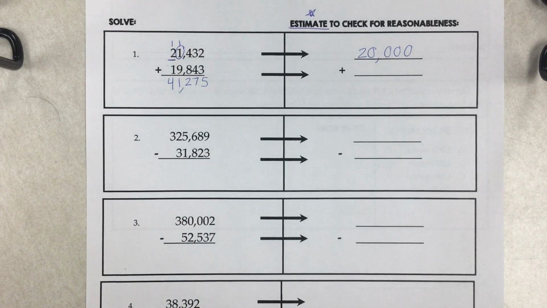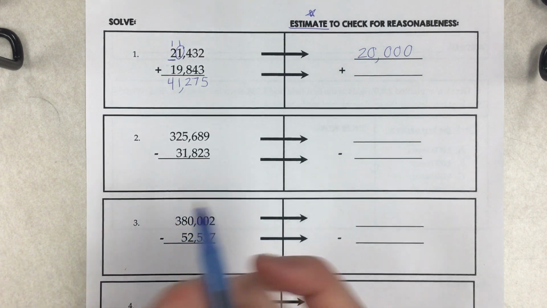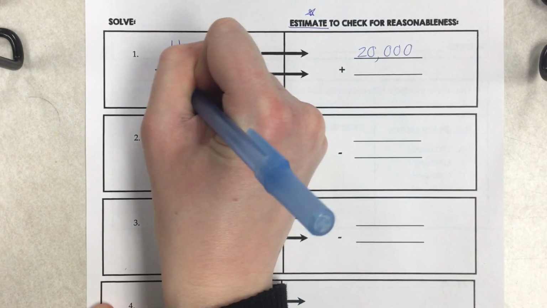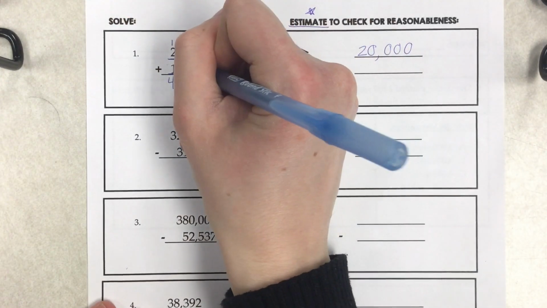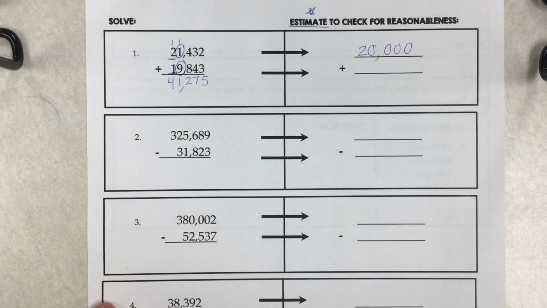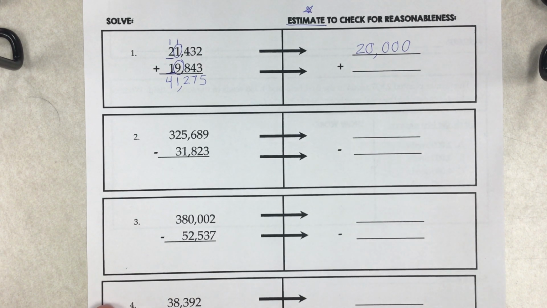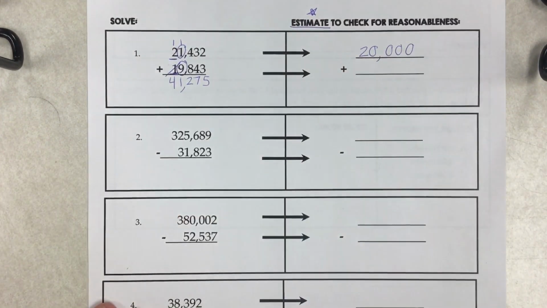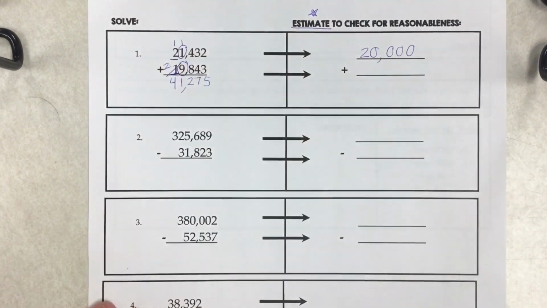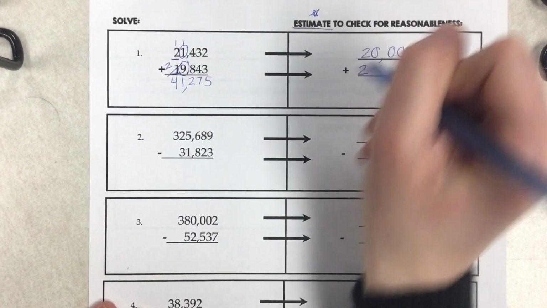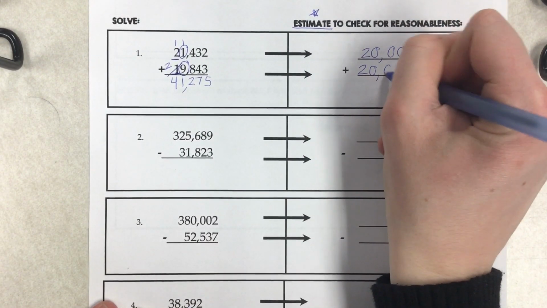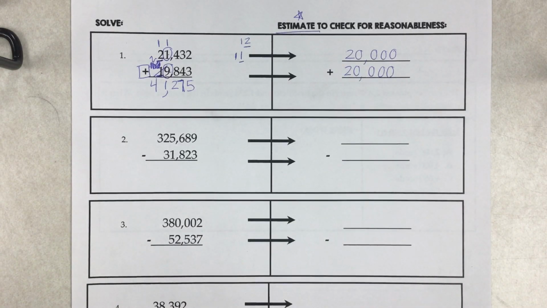Now I have to do it for the second number. I'm going to underline the biggest place, the 10,000s place. There's a 1. Circle the bossy neighbor to the right. It's a 9. Say the phrase 5 or above, give the underline a shove. So this 1 is going to shove up to a 2. So 1 changes to 2. I'm at the circle side. It's 20,000. So when I'm estimating to check for reasonableness on here, what I do might not be what you